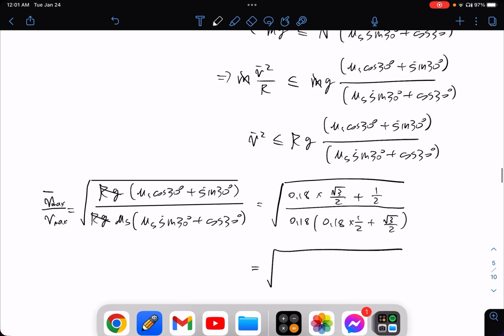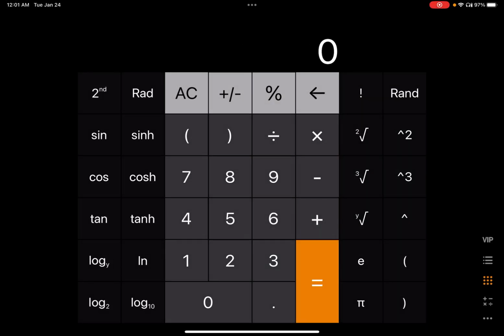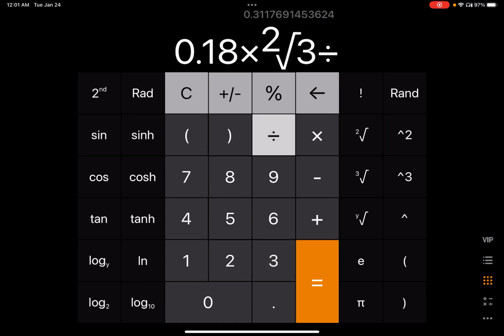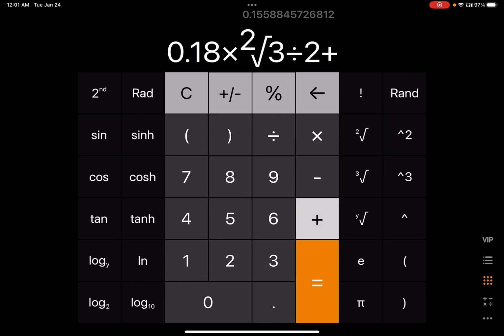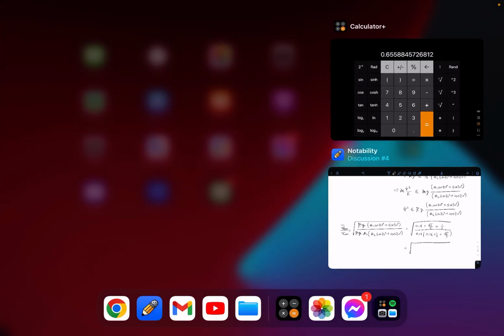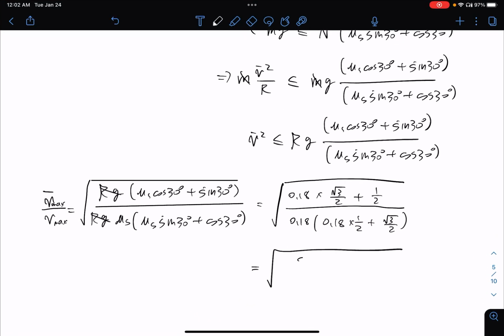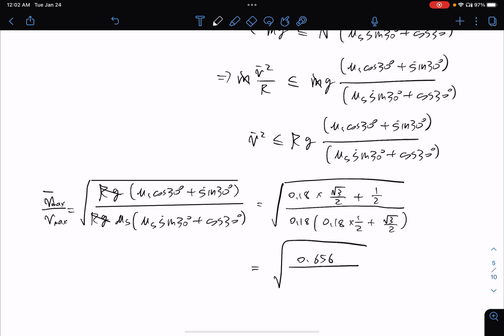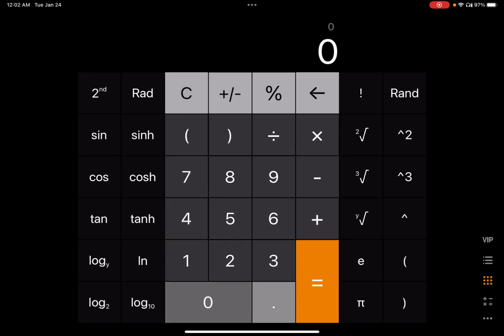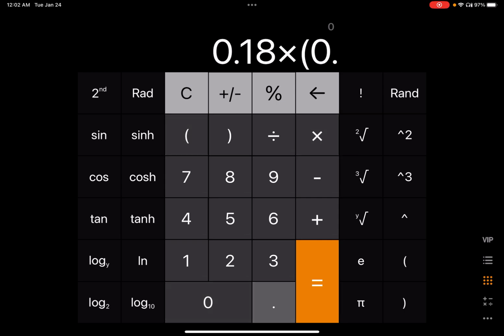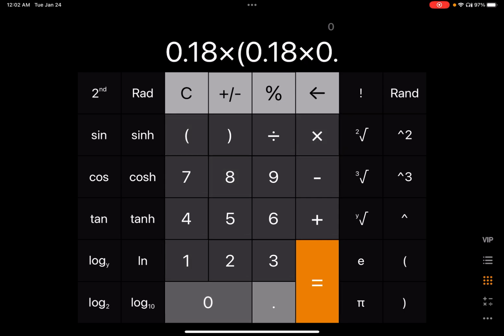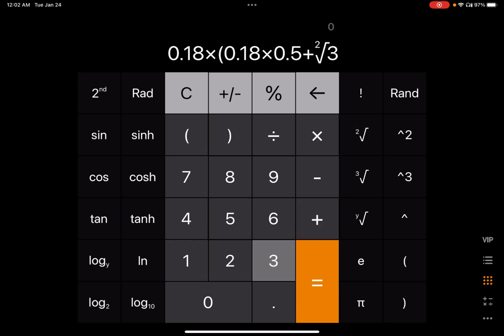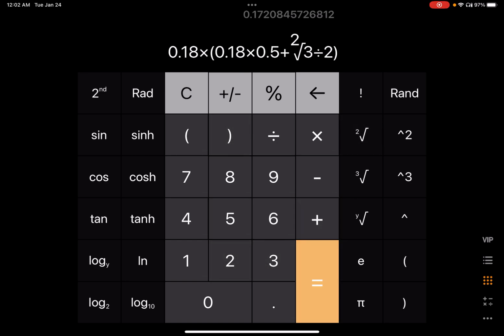On the top, it will be 0.18 times square root of 3 divided by 2 plus 0.5. So it's 0.656. 0.656 in the numerator, and in the denominator, it will be 0.18 times a parenthesis of 0.18 times 0.5 plus square root of 3 divided by 2, and this gives me